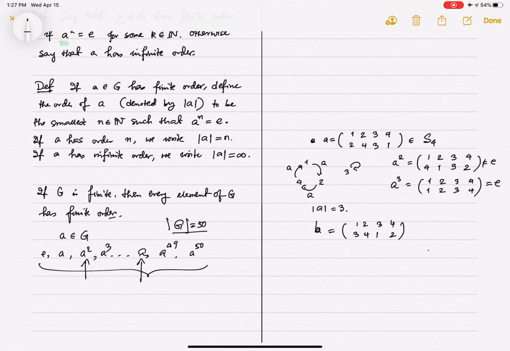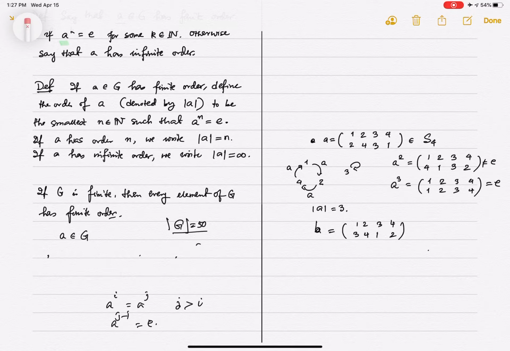And as soon as you get A to the i equals A to the j for some j bigger than i, you can cancel enough things, and that would tell you A to the j minus i is identity. That would show you that it has finite order. You can make a more refined statement later. So for example,